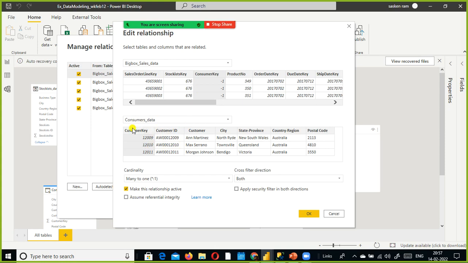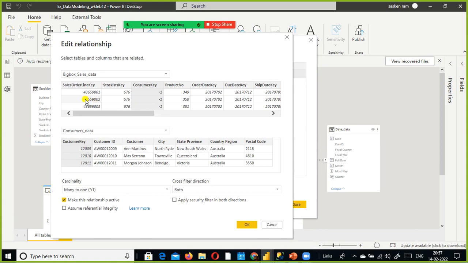But in the customer table, the column name is customer key, whereas here it is consumer key. See, this is something wrong with the naming convention. This has to be taken care of as part of the data modeling itself. Ideally they are supposed to create it as a consumer key. In real time scenarios, there will be some gap when it comes to the naming convention. You need to make sure that while defining the relationship, you are doing it properly. But in this case, Power BI will not detect the relationship automatically. Please remember this. So we need to explicitly set the relationship.